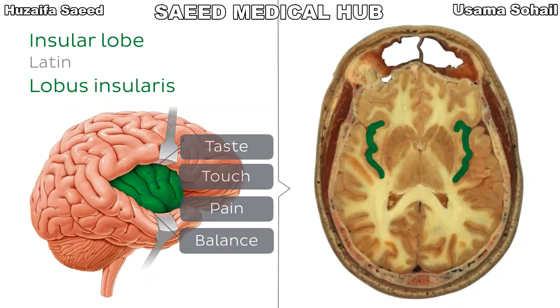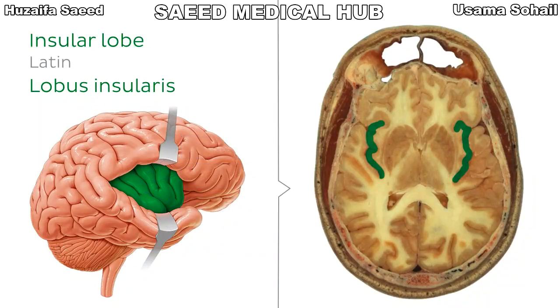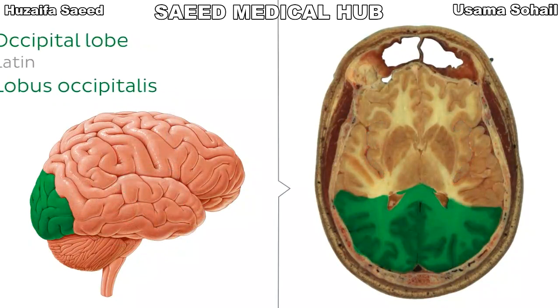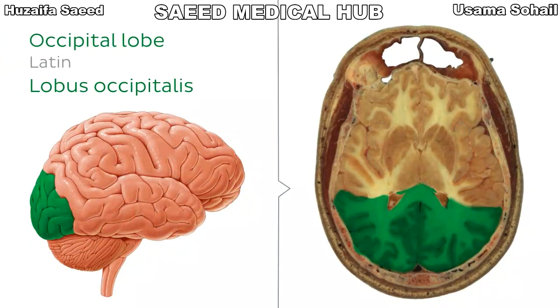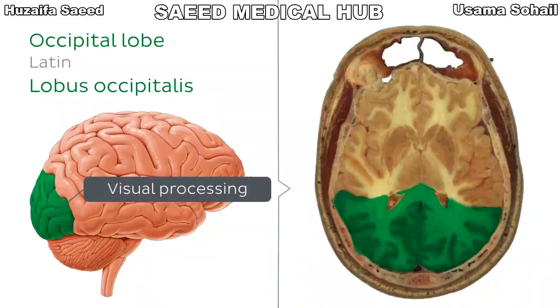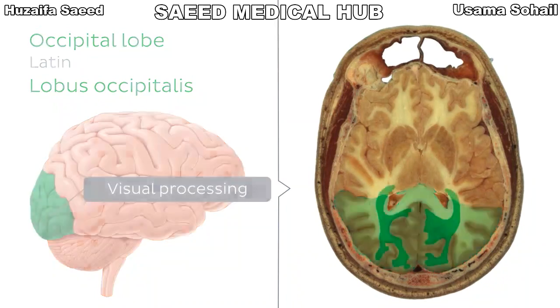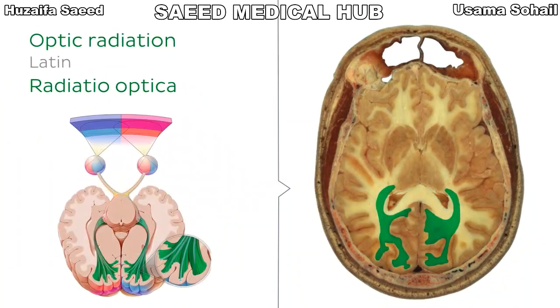We're now going to move towards the posterior aspect of the cerebrum. Our final lobe, which we will be examining today, is the occipital lobe. One of the primary functions of this lobe involves visual processing, as it houses what is known as the primary visual cortex. With that in mind, I would like to bring your attention to this structure here, which is the